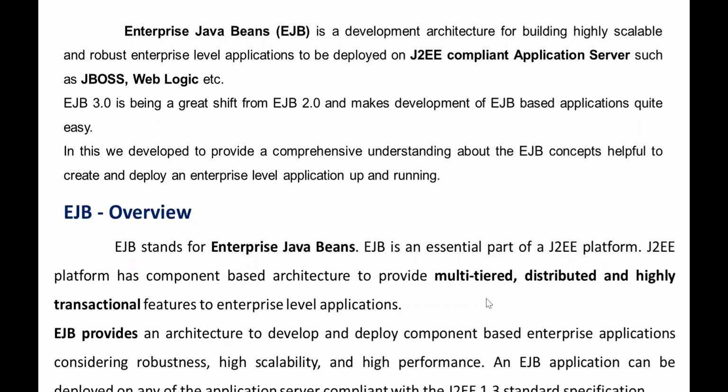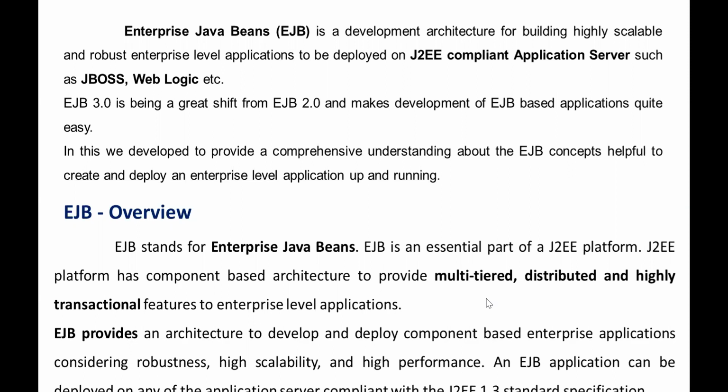It is a development architecture for building highly scalable and robust enterprise level applications, developed on the complete application server of J2EE. For that we have to use application servers such as JBoss, that is Java Boss, and WebLogic, etc. This is the main concept we use to develop EJB.